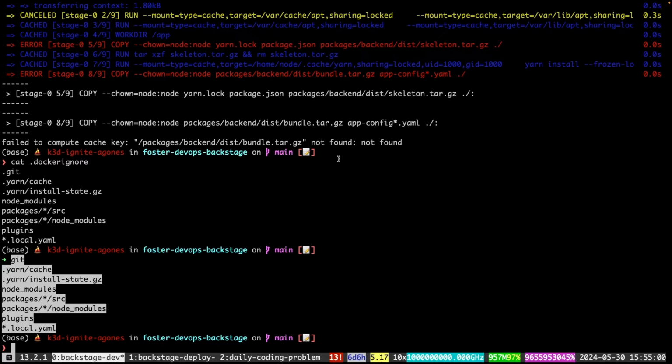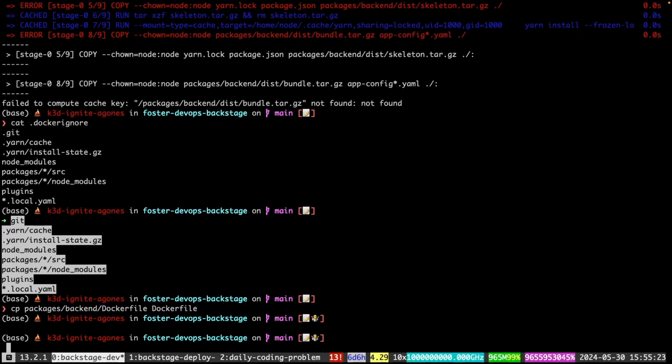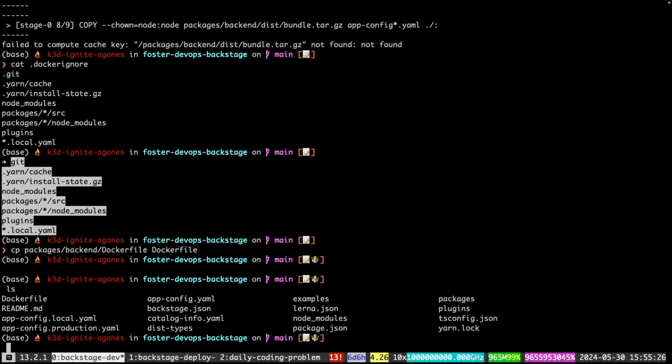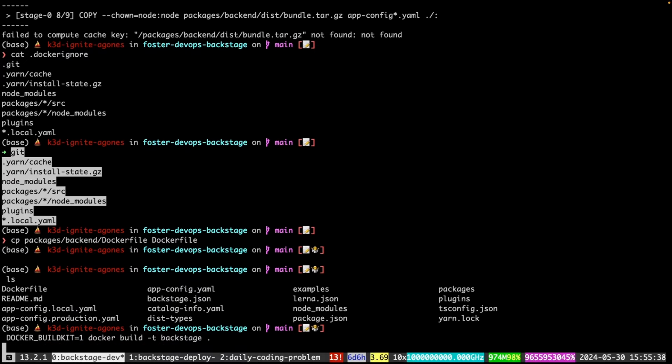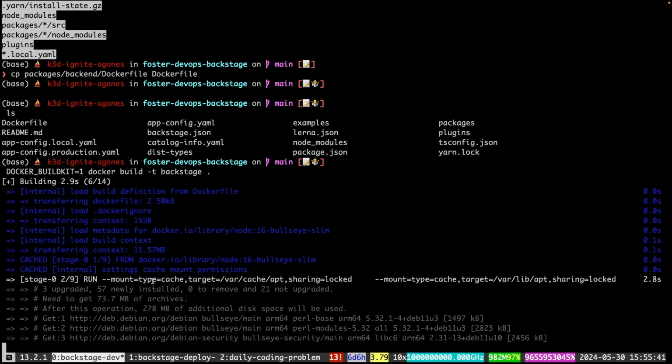So I'm sure it's because we need to move, let's copy the Docker file to Docker file. And now we should have a Docker file, and then let's Docker build Backstage here. Docker build kit. And now it's going to the correct